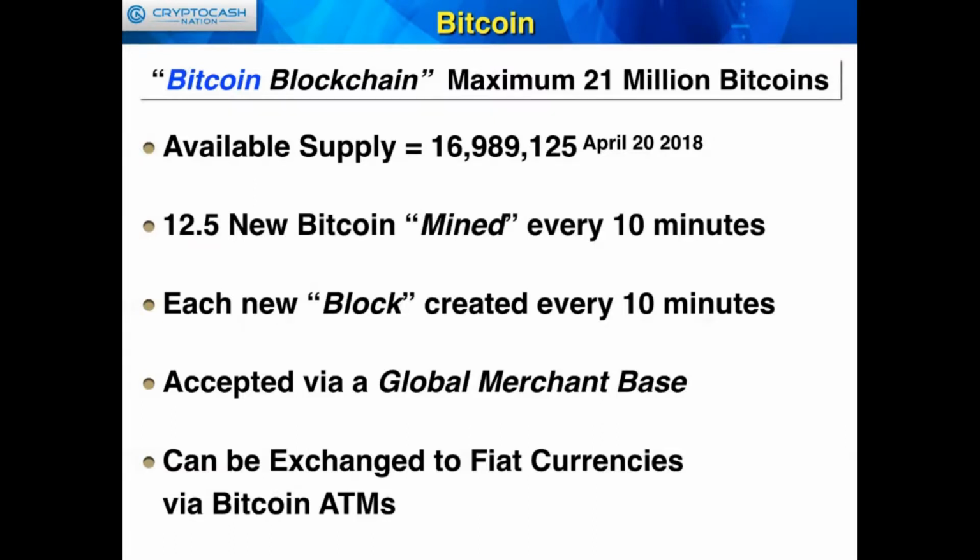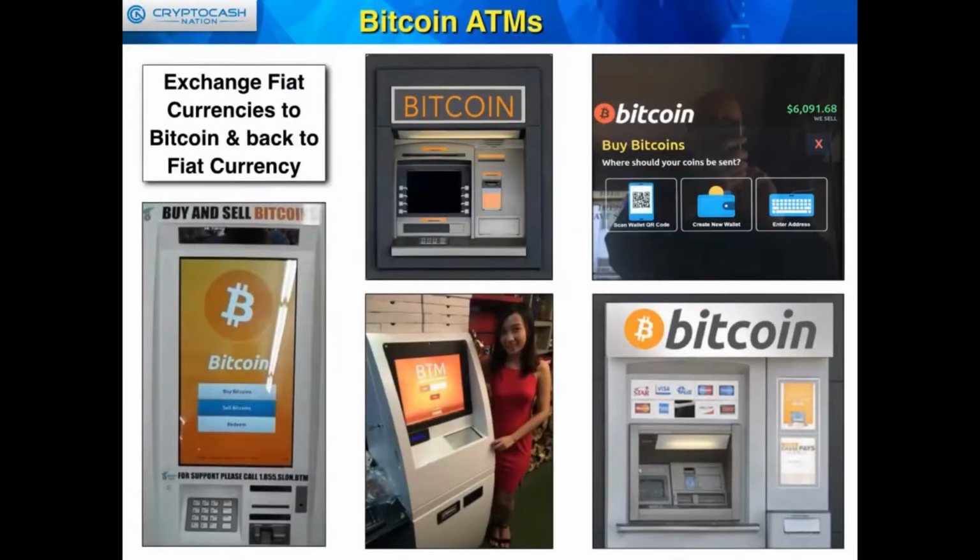or Bitcoin ATMs. And this is what a Bitcoin ATM looks like. It looks exactly the same as a fiat currency ATM. You just walk up, you scan your Bitcoin wallet on your phone, and you're either sending Bitcoin to the machine and getting currency coming out, or you're putting currency in the machine and getting Bitcoin into your e-wallet, electronic wallet,